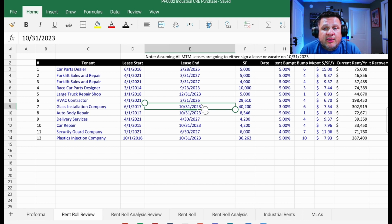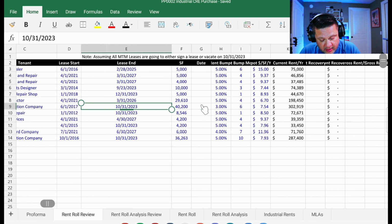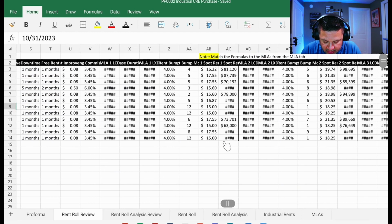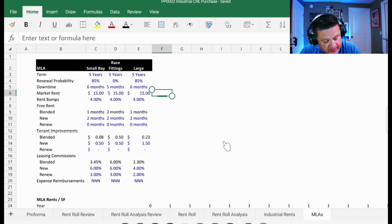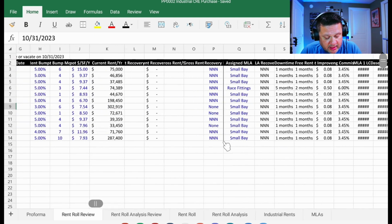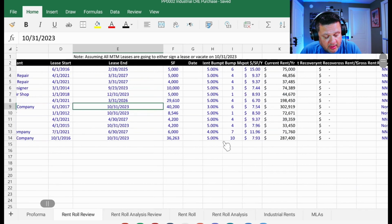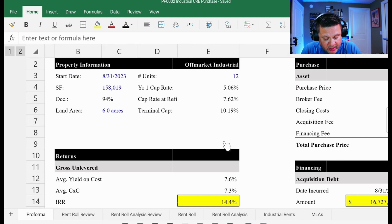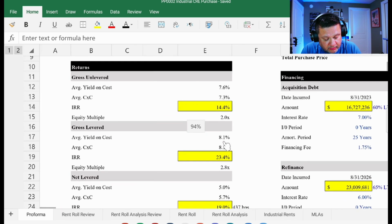And so when we looked at this, we saw the opportunity to look at these leases. And if you can see here, on this section, there's the monthly per square foot or annual per square foot. These numbers are pretty low because if you look over where we did our MLA analysis, it should probably be in the $15 per square foot range, and that's an annual number. So what we're trying to do here is help you understand what helps make this deal worth looking at. So let's go back to the pro forma, the informational page, and you'll see here there are